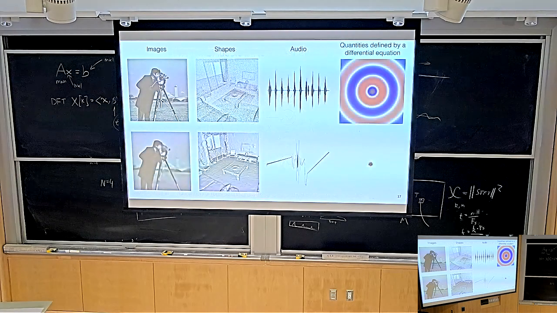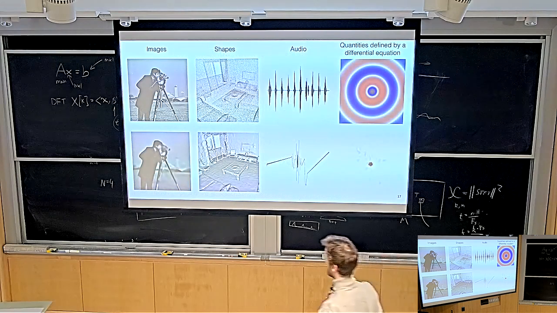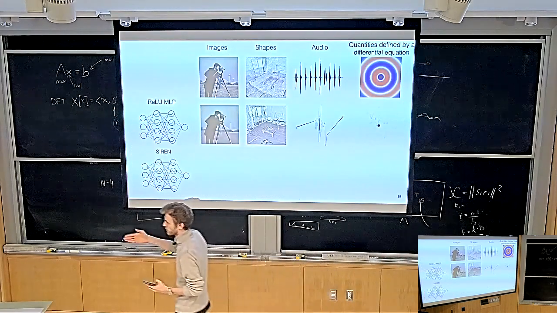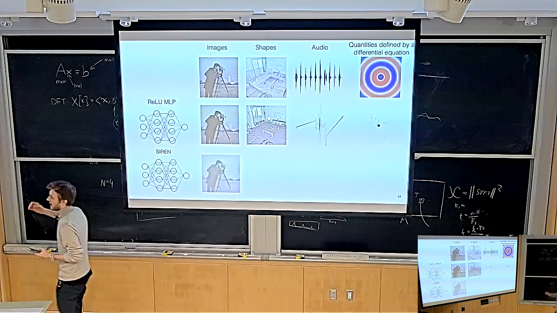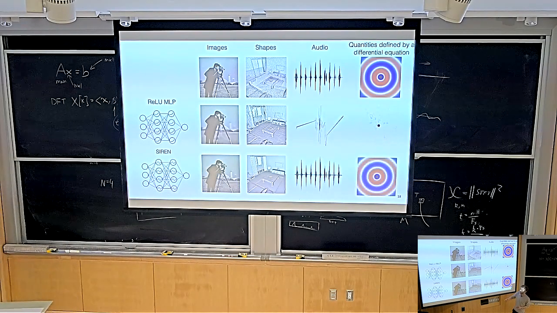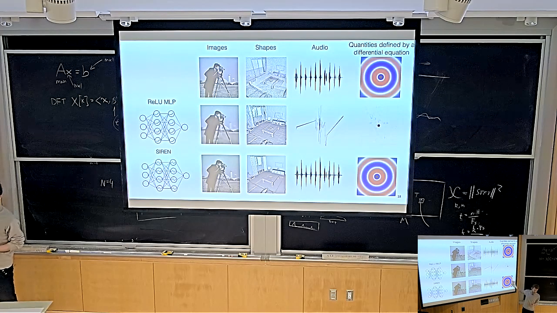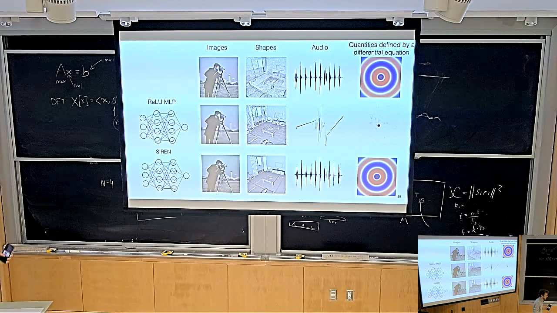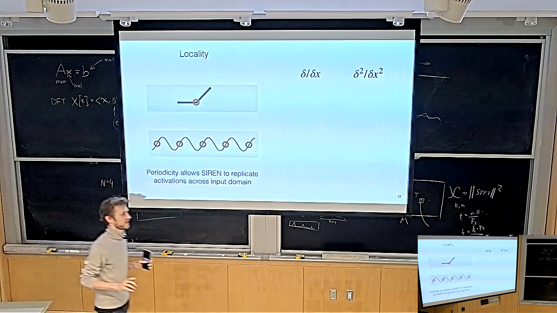And what was quite impressive at the time was that when you use that neural network to fit these signals, you were able to reproduce each of these signals basically perfectly. So for instance, the image, you could reproduce the image perfectly. So this is stored in the weights of a neural network. This room scale scene, you could also directly import in the weights of a neural network, an audio signal, or even differential solutions to differential equations, which we're not going to talk about too much.